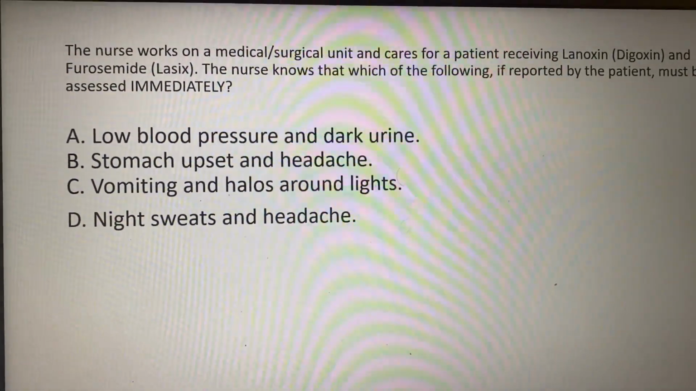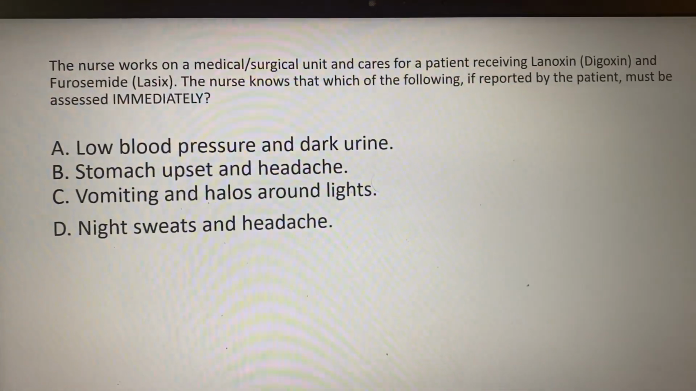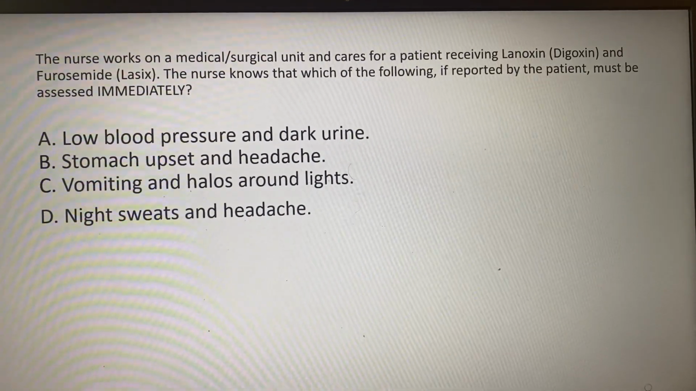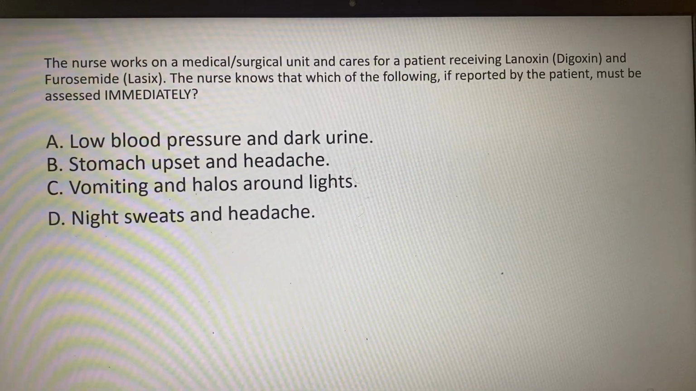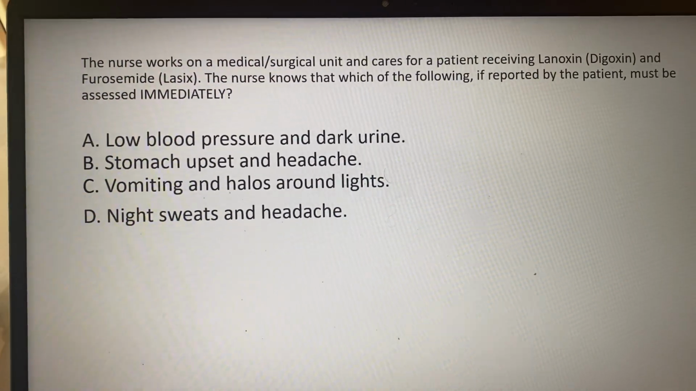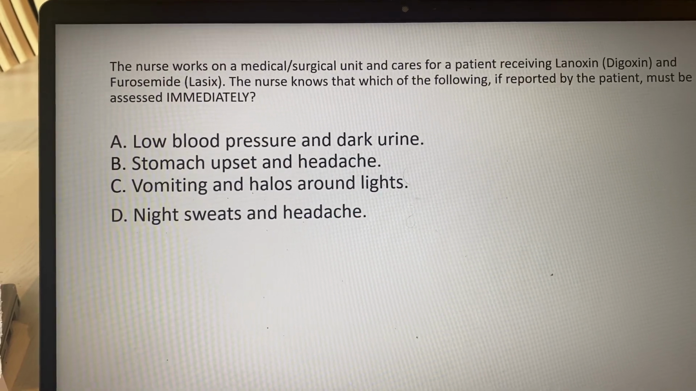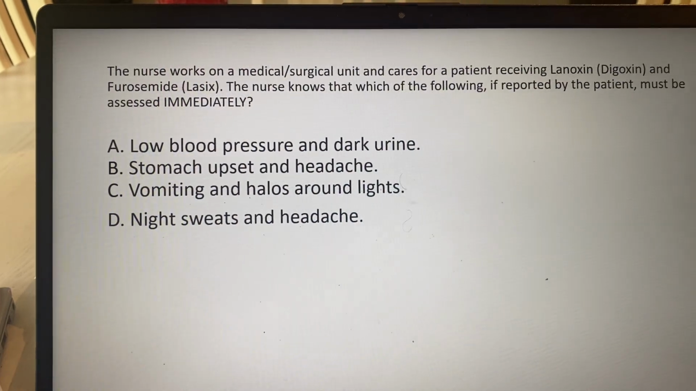So I do have a pharm question for you today. The nurse works on a medical surgical unit and cares for a patient receiving Lanoxin, also known as digoxin, and furosemide, Lasix. The nurse knows that which of the following, if reported by the patient, must be addressed immediately. Okay, so scenario. We have a patient receiving dig and Lasix, and what needs to be reported